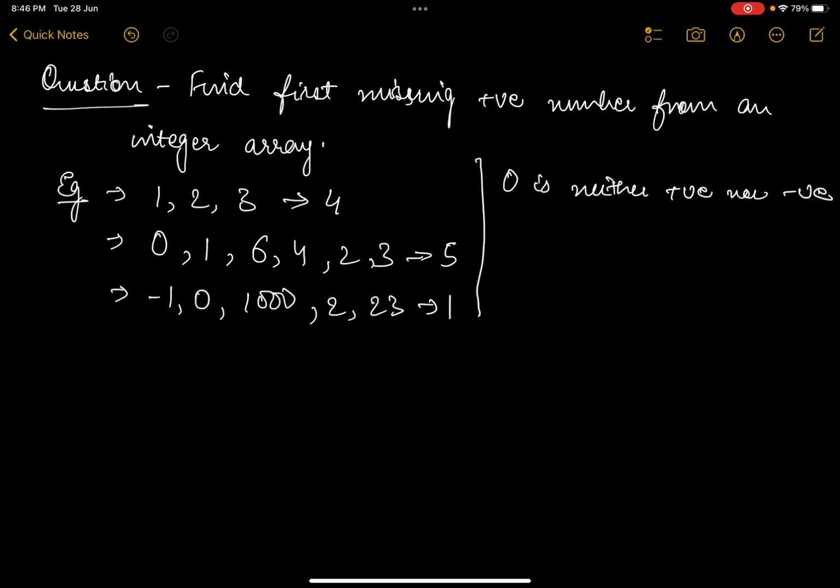In this video, we'll discuss a famous interview problem. Find the first missing positive number from an integer array. The motive of this video is not to tell you the solution, but basically tell you how to approach this